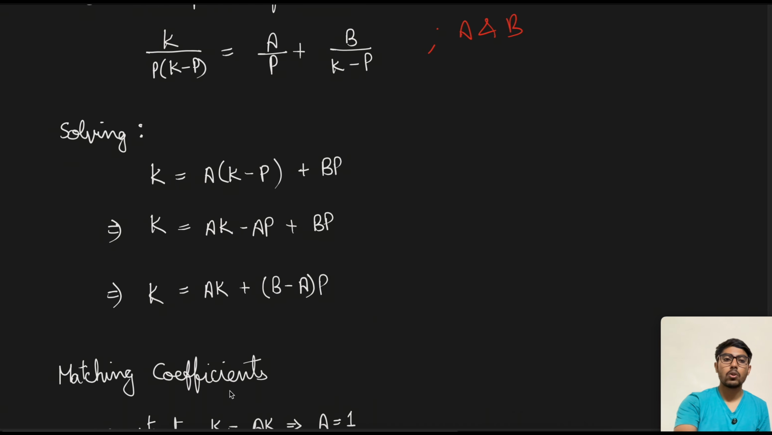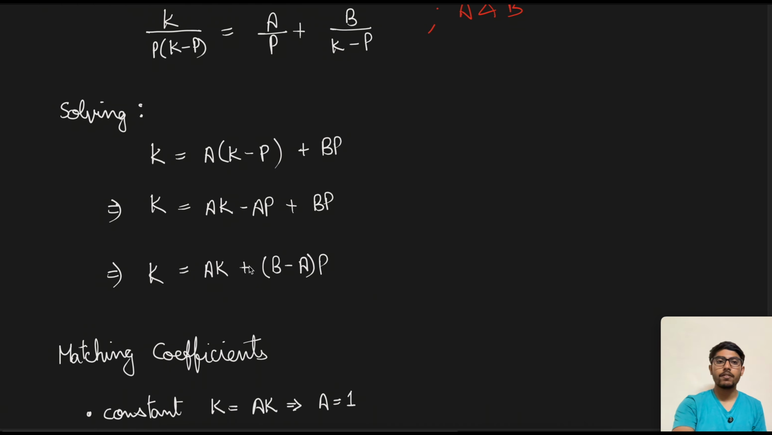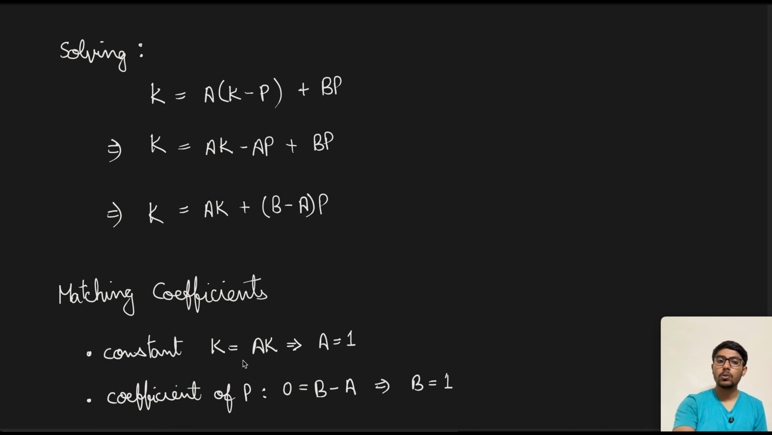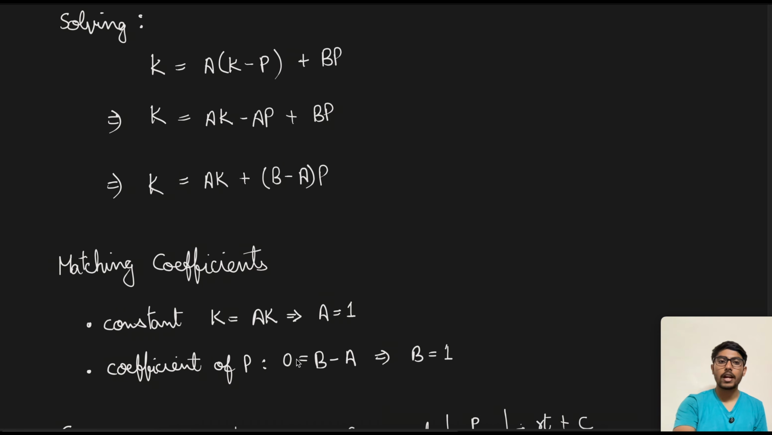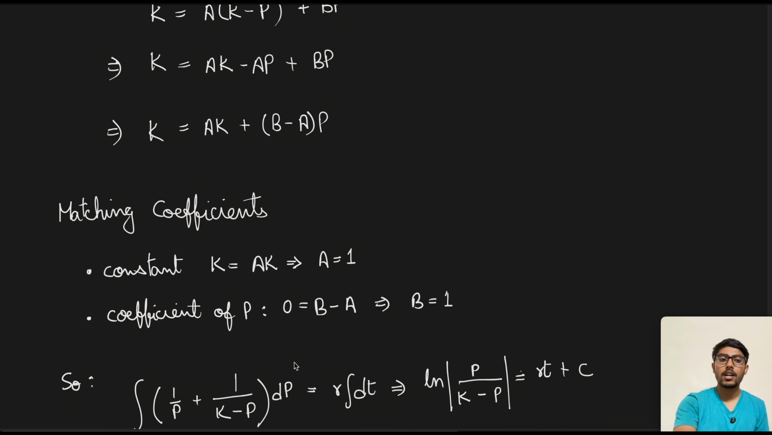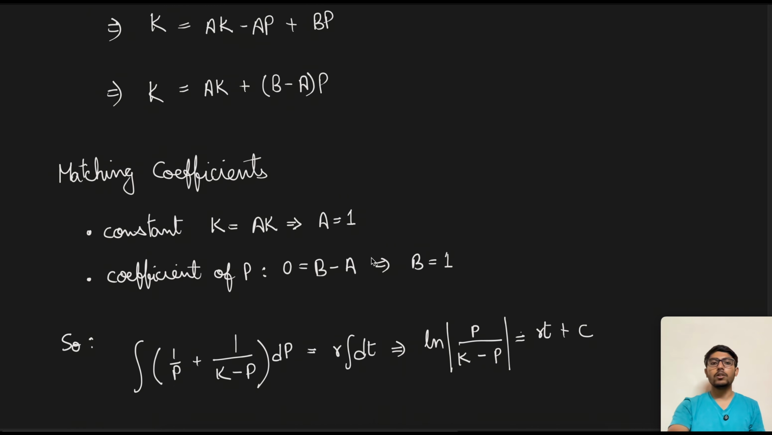Right? So we'll match the coefficients from above. K equals A into K, so A equals 1, and P equals 0 times B minus A, so B equals 1 as well. Then we integrate using these two values. So integral of 1 by P, so we replace A by 1 plus 1 by K minus P,